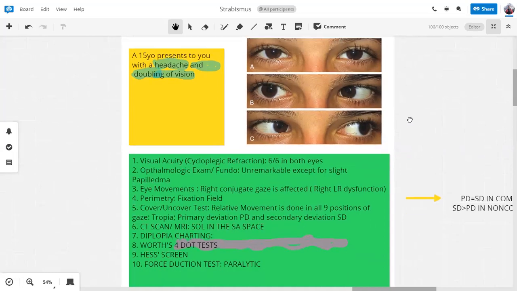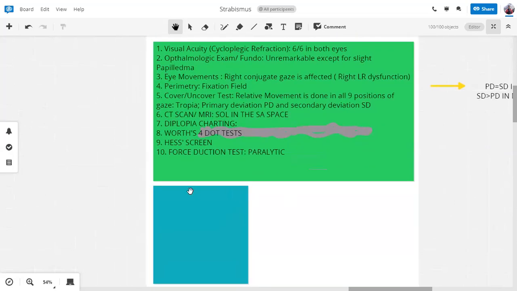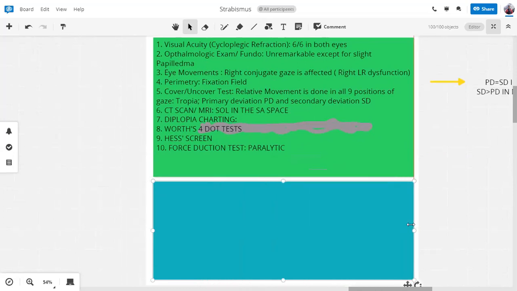इसका मतलब है कि जो SOL है वो nerves पे affect कर रहा है, ठीक है. That's pathophysiology. बिल्कुल ठीक है. तो diagnosis आपका क्या है? Sixth nerve palsy. Why is there a sixth nerve palsy? Because the lateral rectus is being involved, and we know that the lateral rectus is supplied by the sixth nerve. Okay, so our diagnosis is sixth nerve palsy